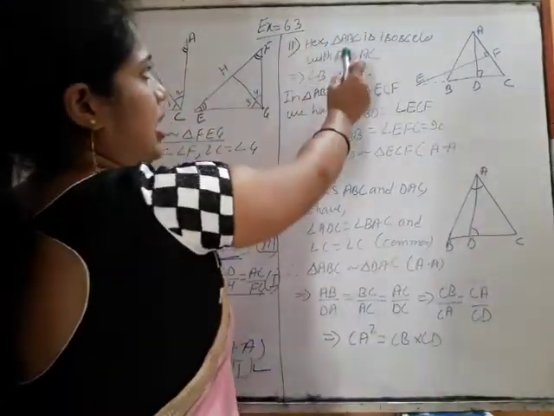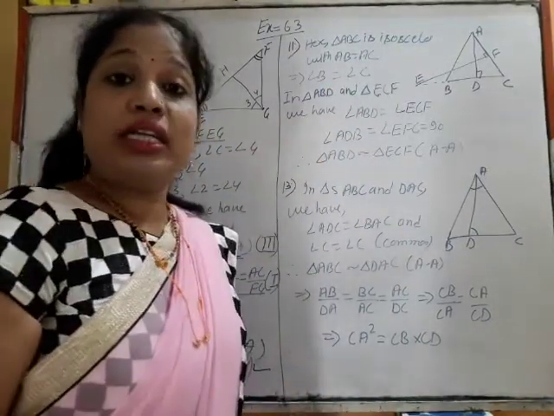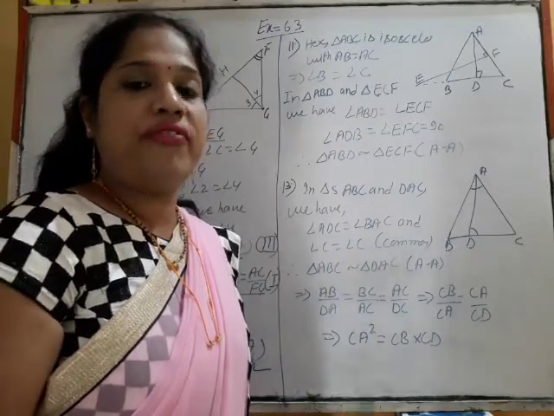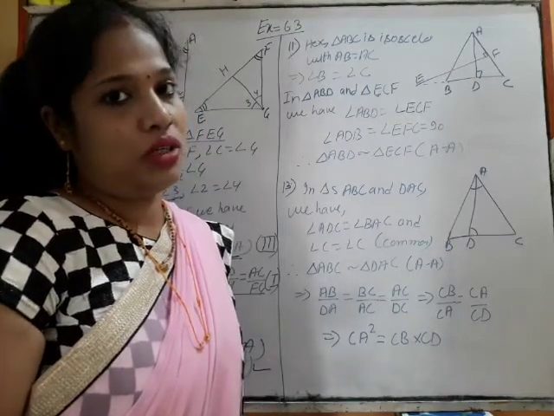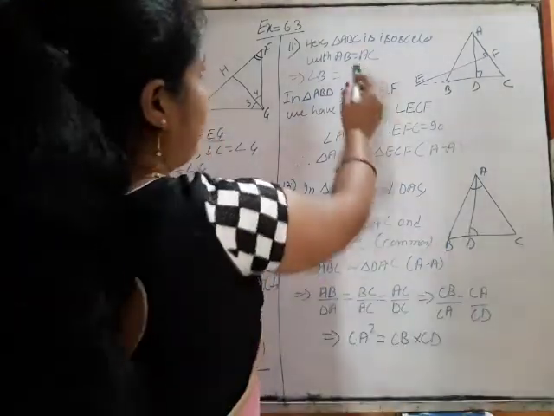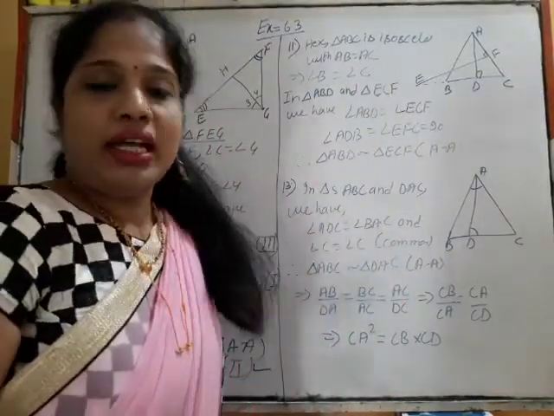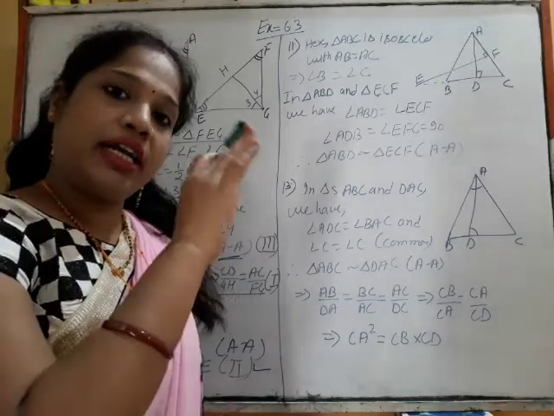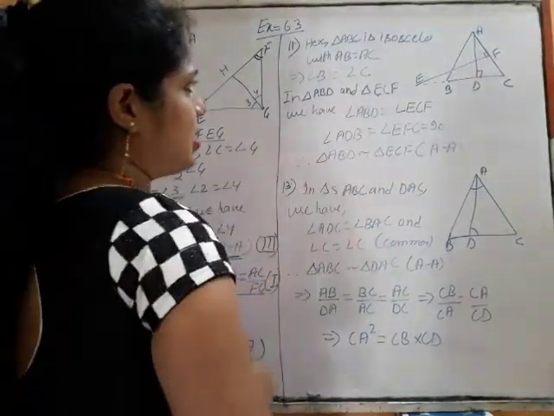Since ABC is an isosceles triangle, what is the thing which is common and we use everywhere for an isosceles triangle? Two sides are equal. Here AB and AC are equal. If the sides are equal, then the angles opposite to them will also be equal. We have been studying this since class 9th. So angle B becomes equal to angle C.